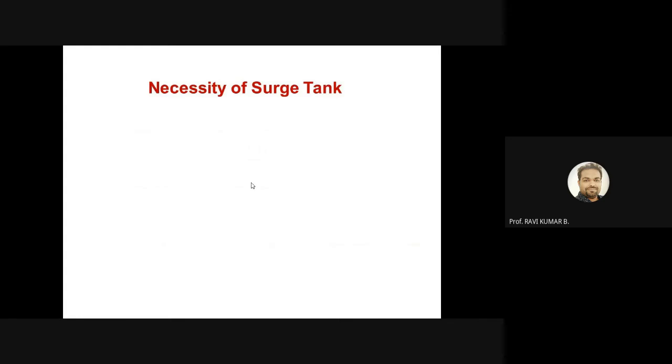What is the necessity of such a thing? I already said that if the pipe length is much bigger, several kilometers or more, in that case there may be chances that a continuous mass flow rate may not be traveling throughout the piping length. So back flow is also possible, or fluctuation in the water supply may come, and due to that fluctuation in the pipe, some explosion-like sound will be created within the piping system, which is very dangerous from the structural point of view for the piping system. That is called the water hammer problem. To avoid that, we usually use surge tanks.